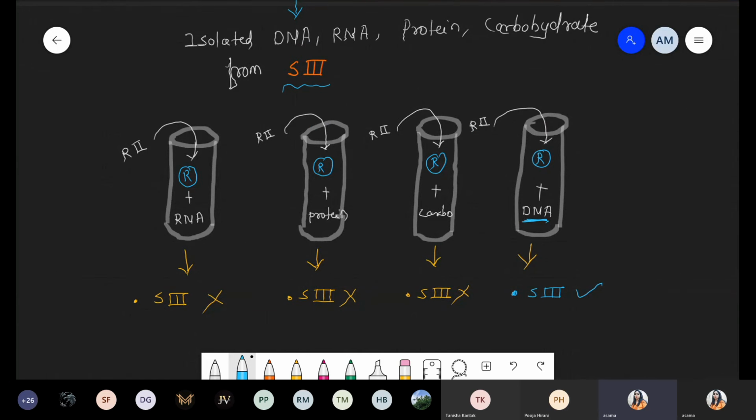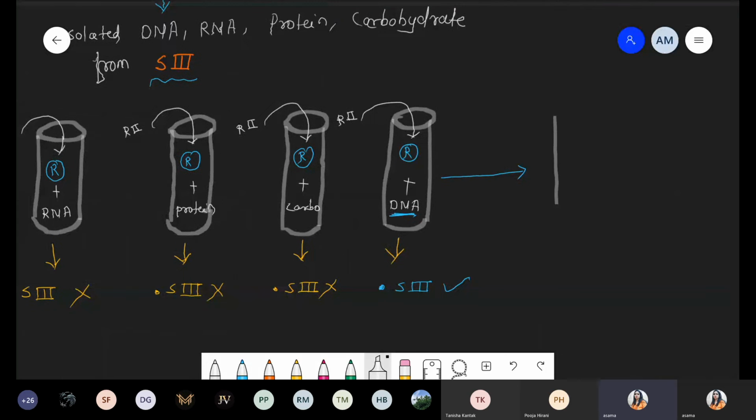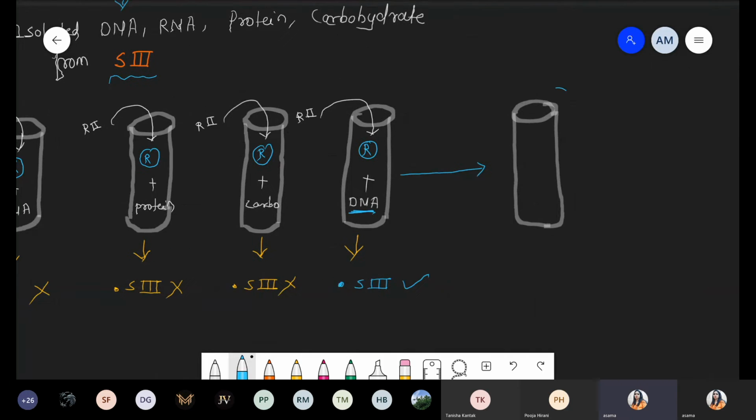But he gave some other conclusion. He used some enzyme, that is DNase enzyme. So we continue with the same test tube, that 4th test tube. But in that test tube, along with DNA, he added the enzyme DNase. Can you tell me what is the function of DNase? Same experiment, okay? Same test tube carried forward. So in that test tube, he added R strain, plus he added the DNA, and along with that DNA, there is the addition of one enzyme, that is DNase enzyme. Can you tell me what is the function of DNase?